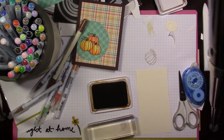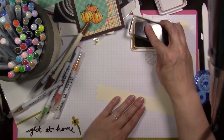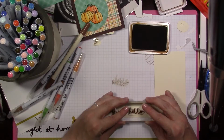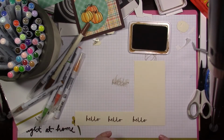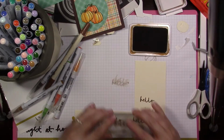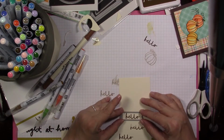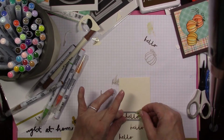I'm going to go ahead and stamp the sentiment using the same archival ink onto a piece of vanilla cardstock. This is where you probably should use your Mini Misty if you've got one. I didn't, and it took me a couple times to get the perfect impression that I wanted. So once I had the perfect impression, I went ahead and used that little fishtail banner die from the MFT